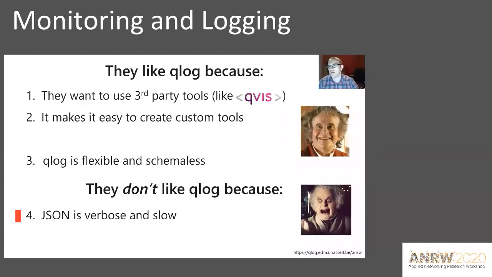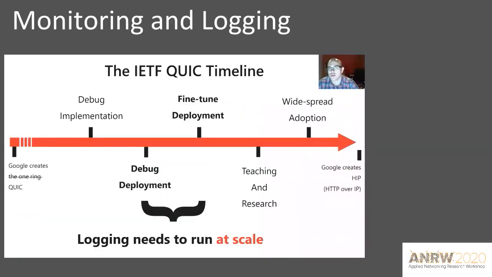And you might think, well, is that really a problem? Because if we're debugging our implementation locally, this shouldn't really matter in practice all that much, right? But it's time to consider a fuller QUIC deployment timeline. Debugging the implementation is only the first step, which we've kind of done by now, and now we're moving into actually deploying these implementations, where we need to debug that deployment first, and later, of course, fine-tune it for